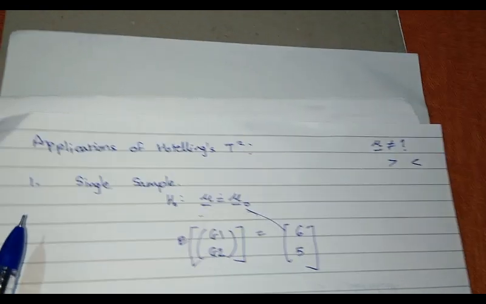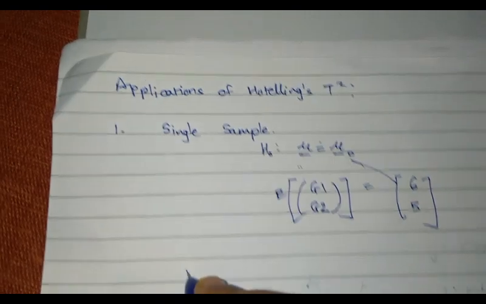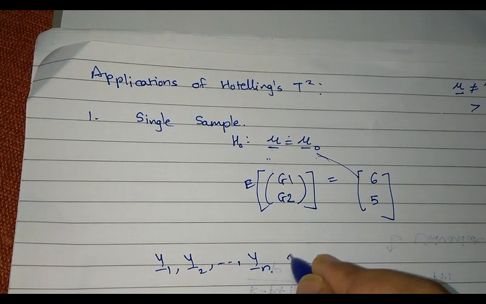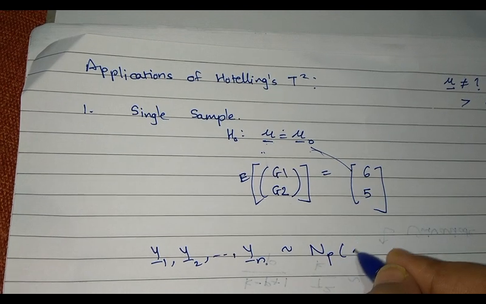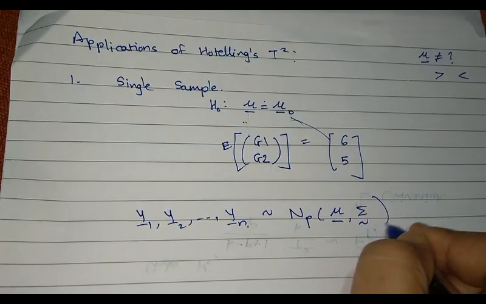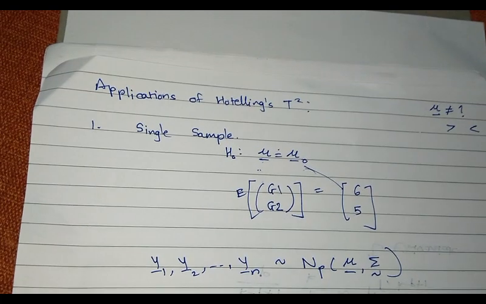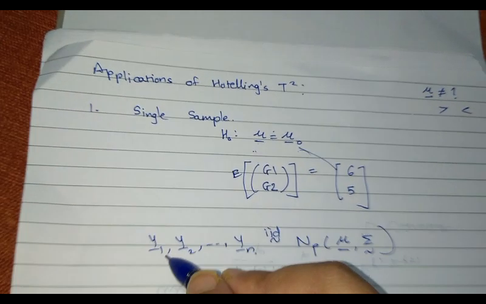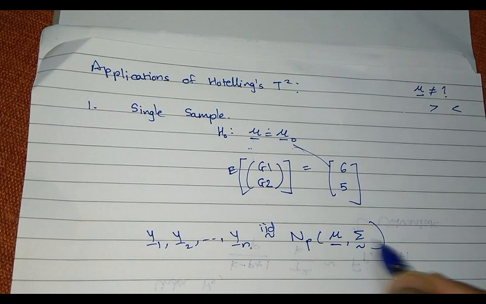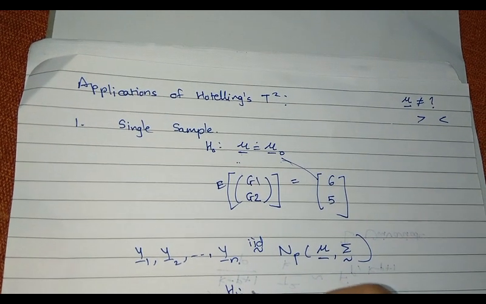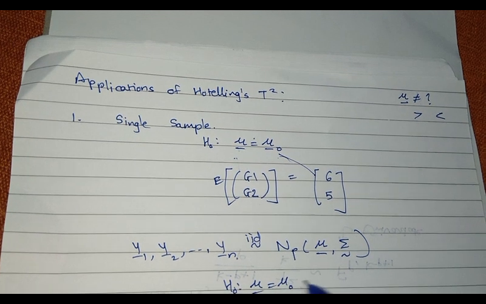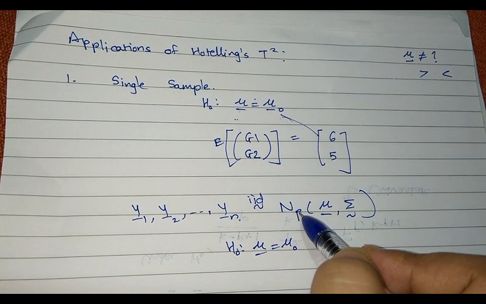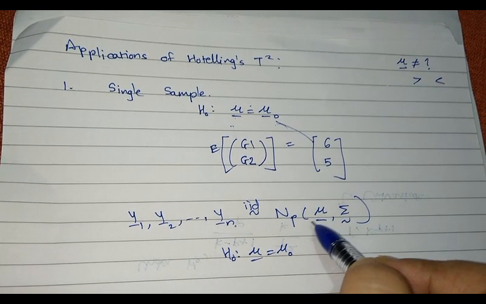Now when I am testing this, what I have is y1, y2, yn, which are coming from p-variate normal with mean mu and variance-covariance matrix sigma. This is exactly my IID sample, y1, y2, yn coming from Np(mu, sigma), and my H naught is mu equal to mu naught. So I know that each yi has a normal distribution, but the problem is their mean is mu, and it is not 0 under H naught.